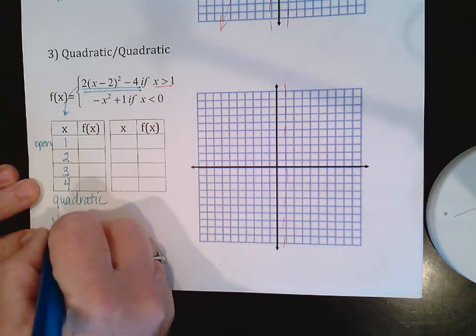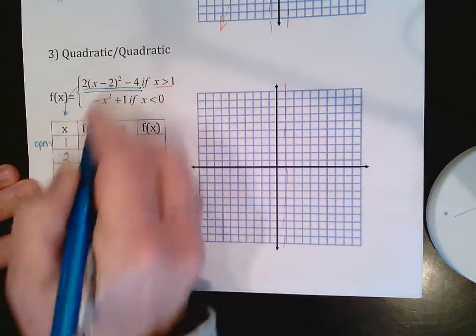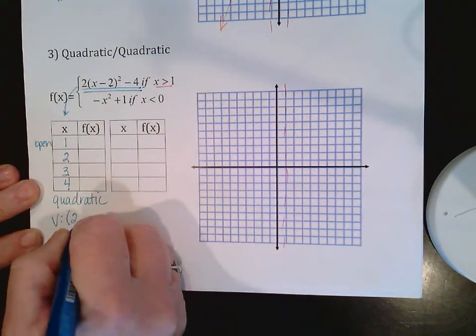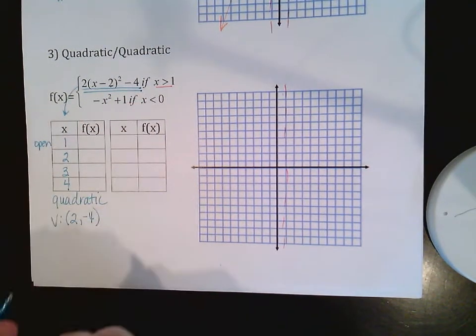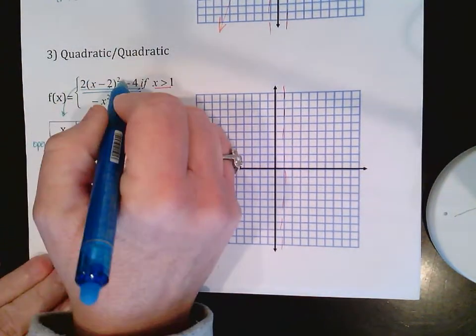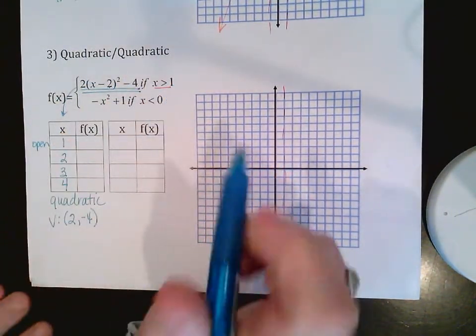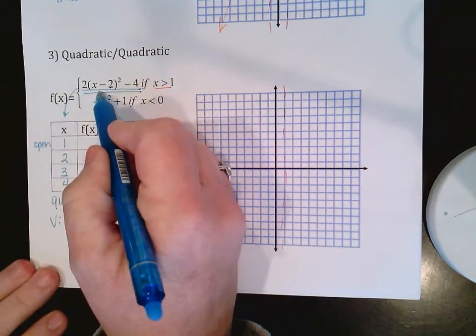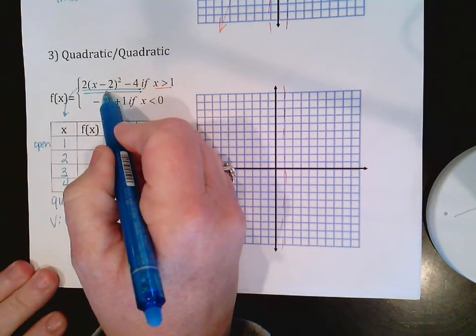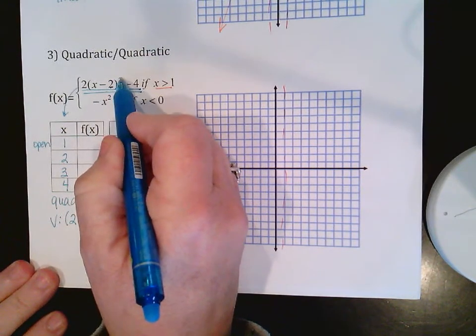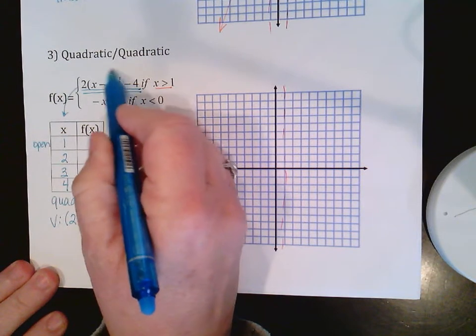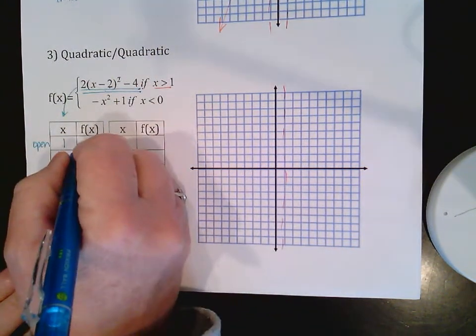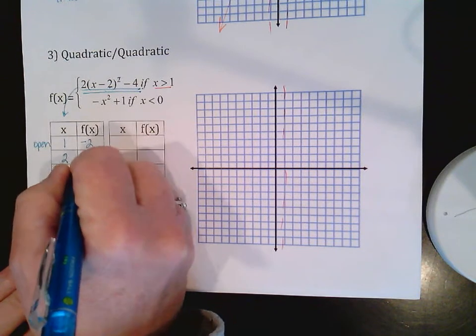And my vertex is going to be the opposite of what's with x, so it's 2, -4. Okay, now I'm going to plug each of these into the equation. Remember your PEMDAS, you've got to do it in order of operations. So if I plug in 1, 1 minus 2 is -1, -1 squared before you multiply, -1 squared is 1, times 2 is 2, minus 4 is -2, and this is -4,